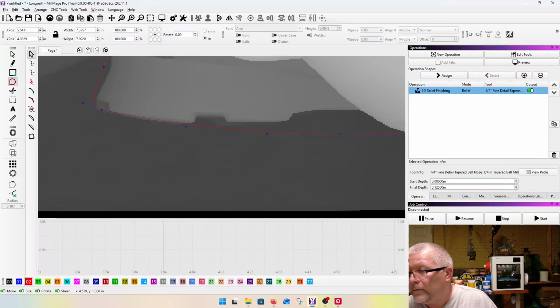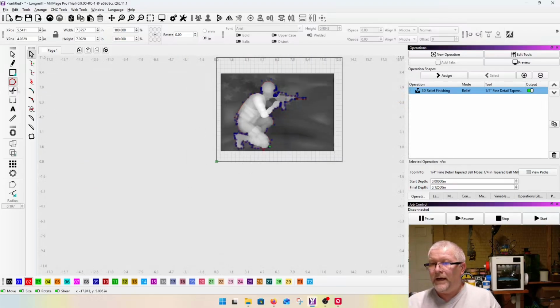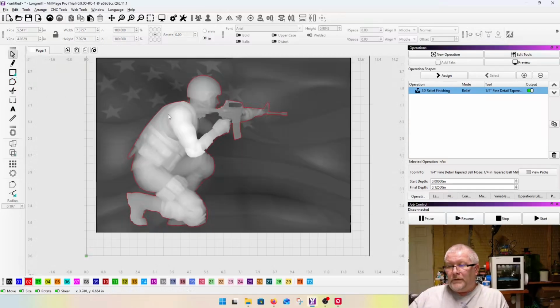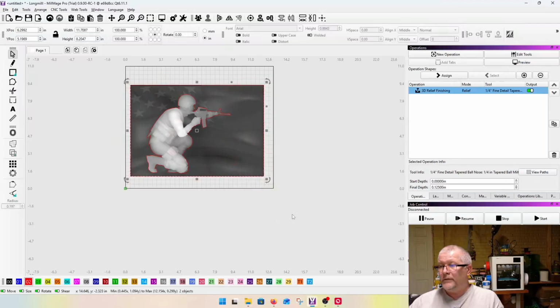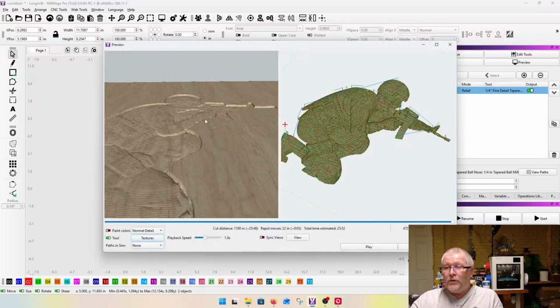And there we go. And we have masked out the soldier. Now that we've got the soldier masked out, I'll go ahead and select both the image and the vector, and we'll just assign that path to this, and then we'll do a render, do a preview. There, all you've got